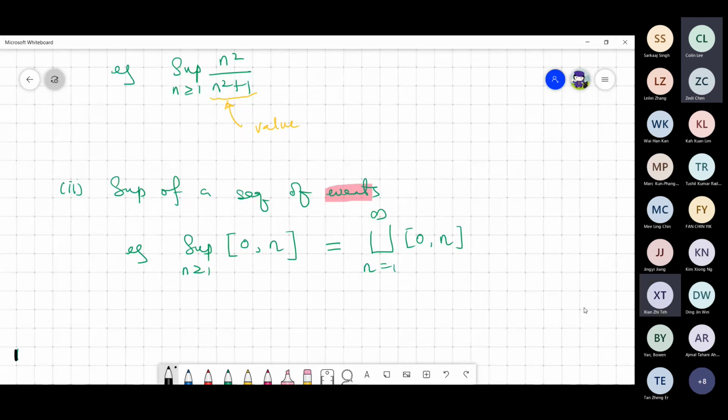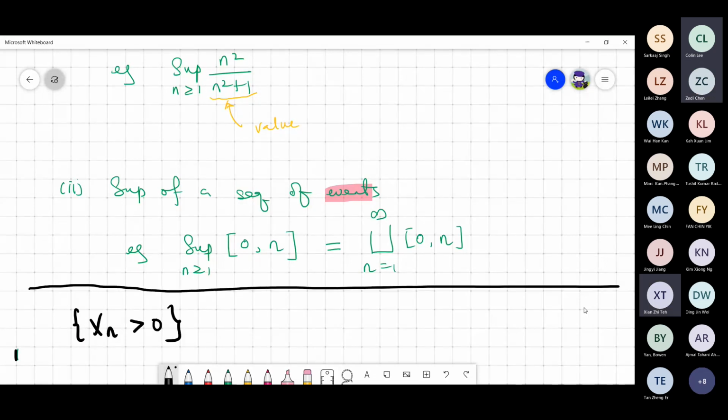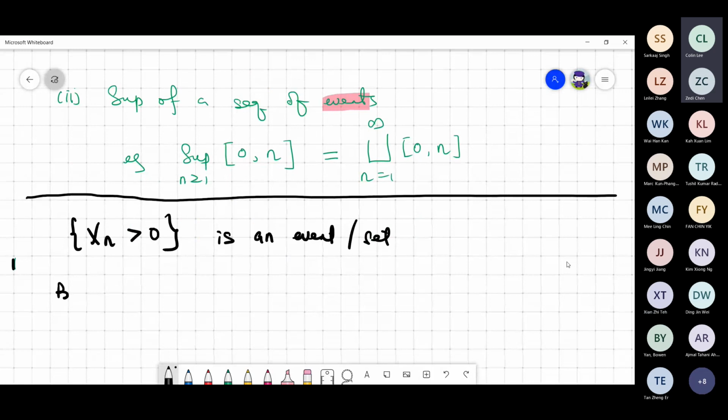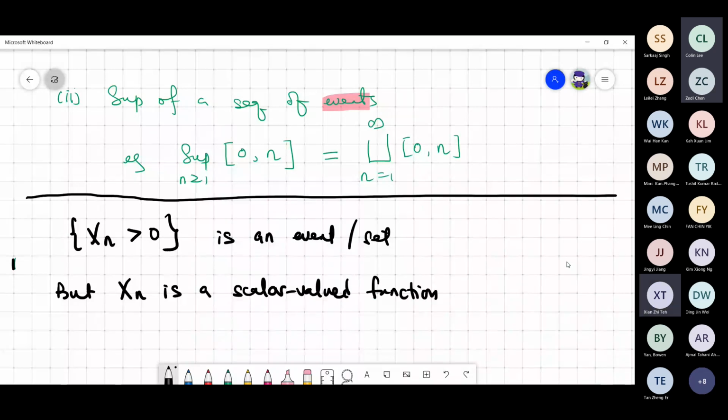Usually, when we put xn greater than 0, this is actually a set. It's an event, or at least it must be a set. But xn is a scalar value function. A random variable is always a scalar value function. So that means when you apply the supremum to xn, it will be